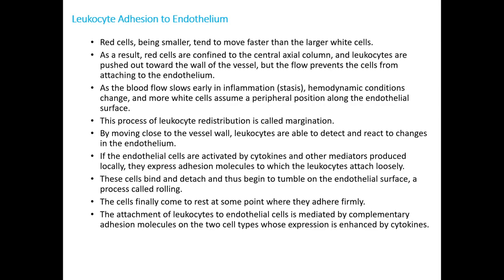This is normal. As the blood flow slows early during inflammation, at the step of stasis, the hemodynamic conditions will change and more white cells will assume a peripheral position because of stasis along the endothelial surface. This process of leukocyte redistribution we call